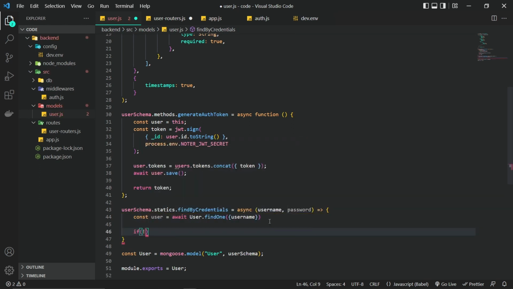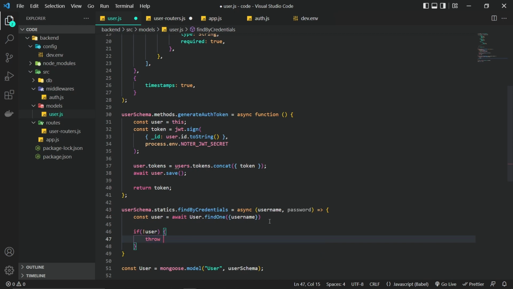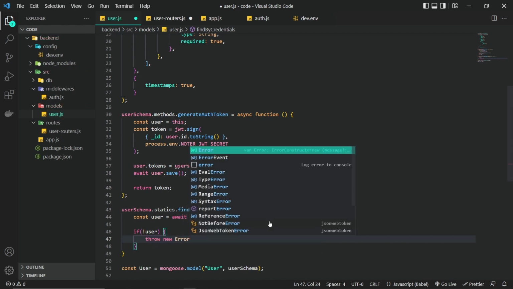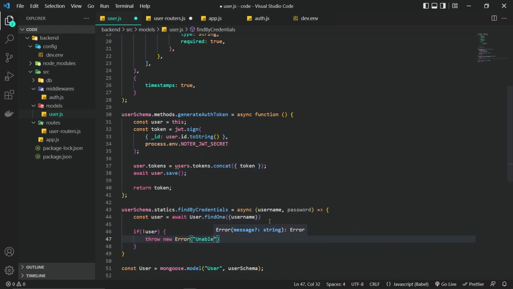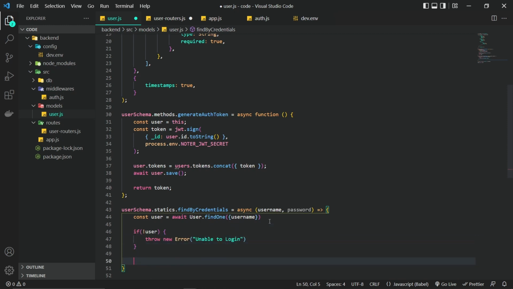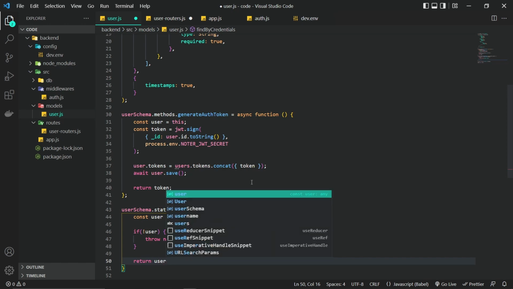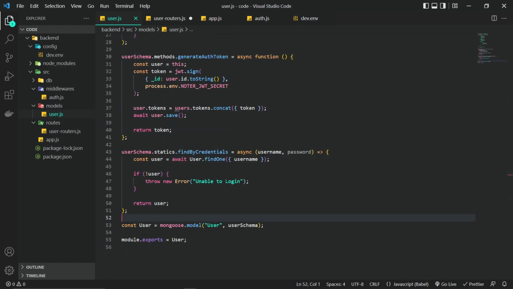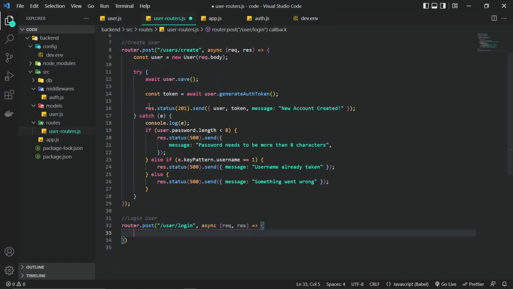If we don't find the user, we'll throw new Error, unable to login. But if we do find the user, we'll just return the user. That's it. So we go back to user routers,